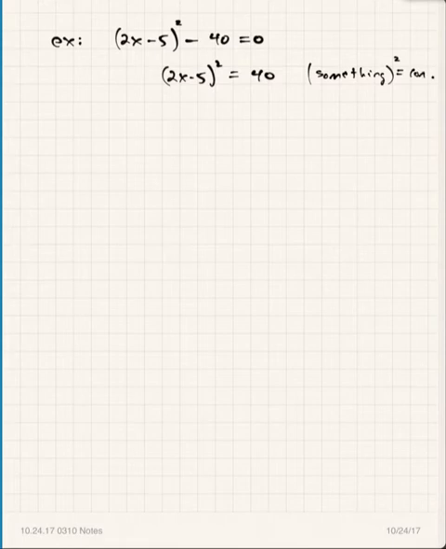All right, and now we're ready to use the square root method. So we take the square root of both sides of the equation, put a plus or minus there, right? And so we get 2x minus 5 is equal to,